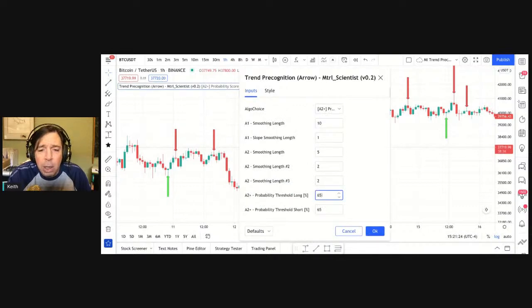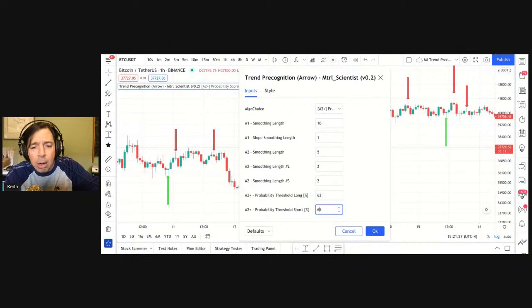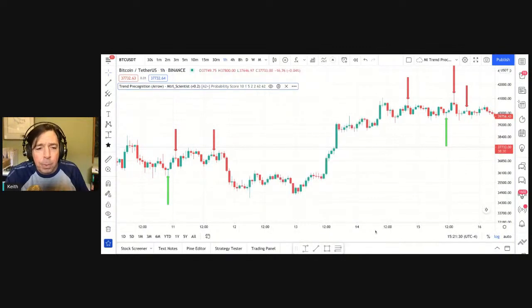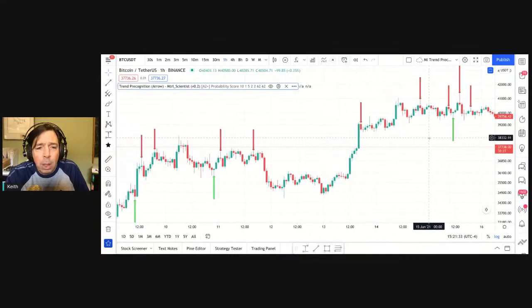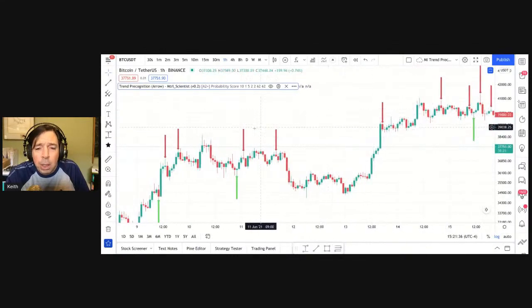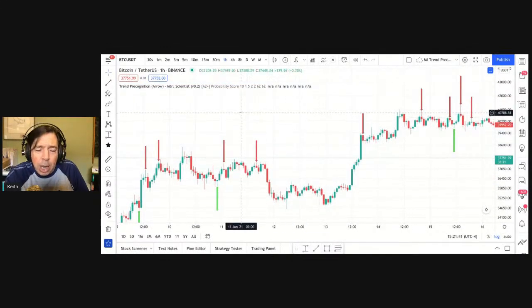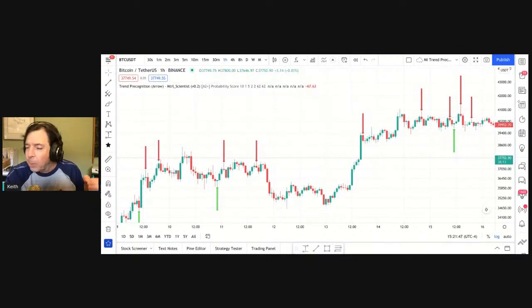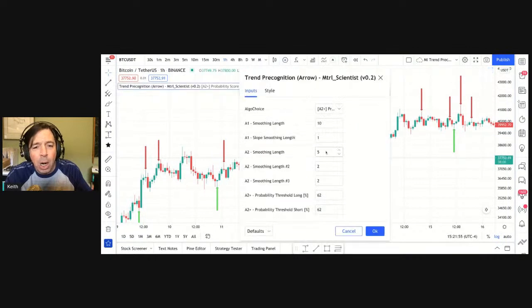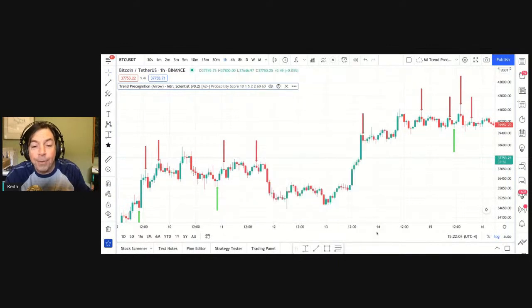Let's back it down to 62. And I will often set them in this range. That's a 62. Okay. So again, it's up to you. How many signals do you want? All those adjustments are a compromise. You're going to compromise frequency of signals for accuracy of signals. So you find the sweet spot that works for you in the time frame that you are trying to trade. Right? And you can get microscopic with it, right? You can get very granular with it.